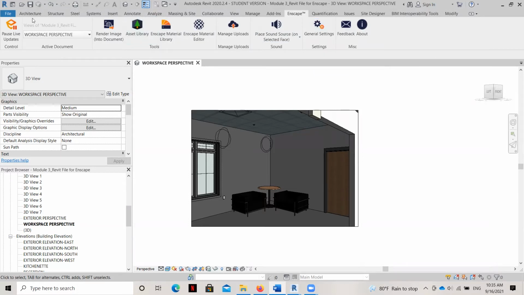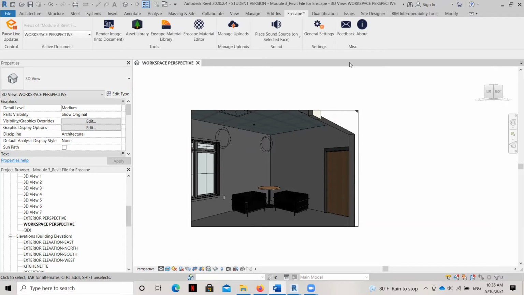We're going to go ahead. We'll be using this button a lot, which allows us to pause and restart the rendering capabilities within Enscape. We're going to use the asset library, which you could think about kind of where the Revit families are, or the Enscape families are, but they call them assets. We've got the Enscape materials library. The material editor, we're not really going to use all that much. And then we'll be using the general settings over here a little bit as well. But that's going to be our toolbar here, or our ribbon. You'll hear me call it both ways.